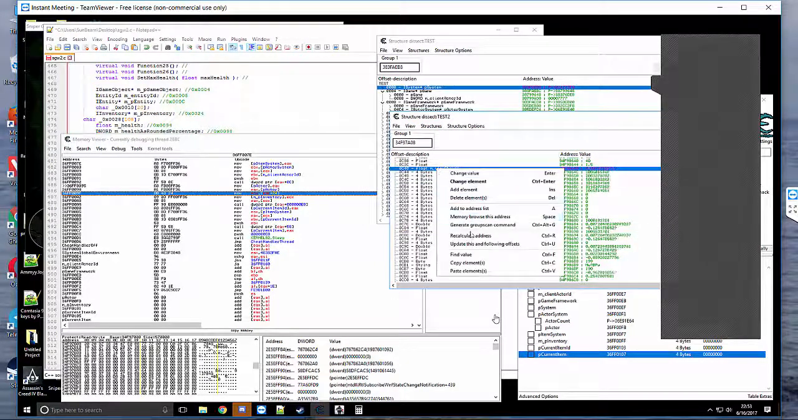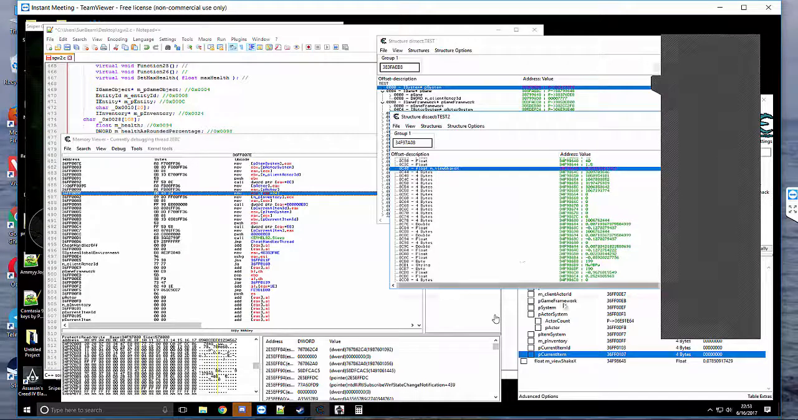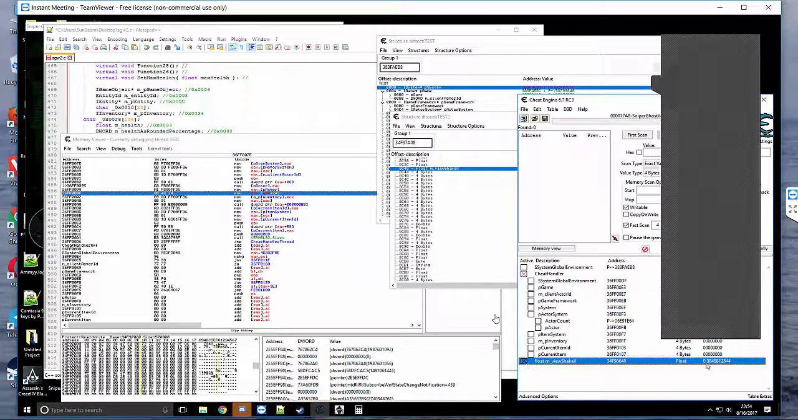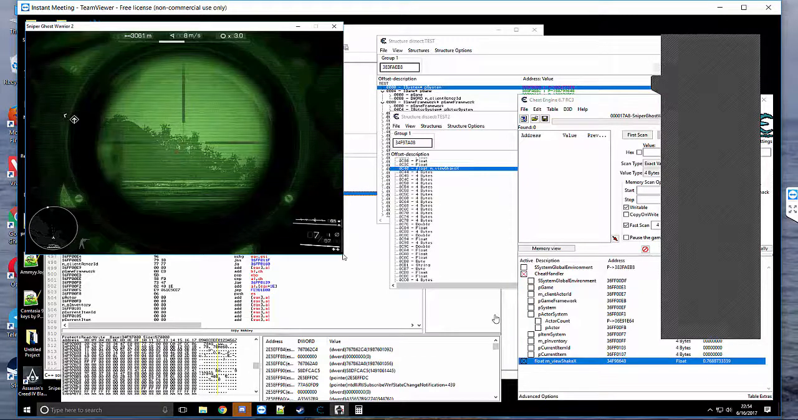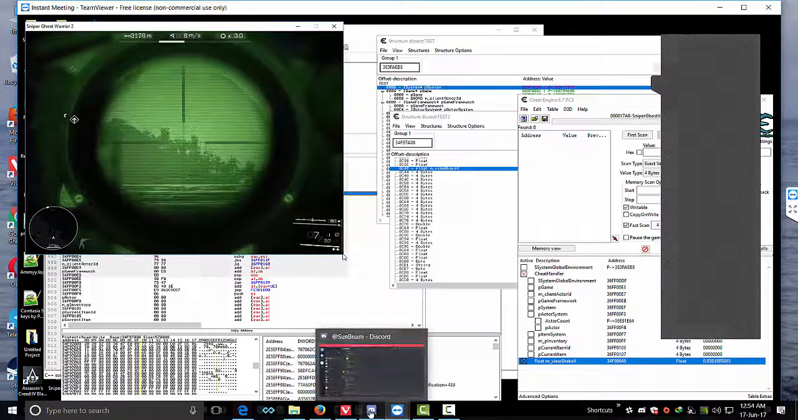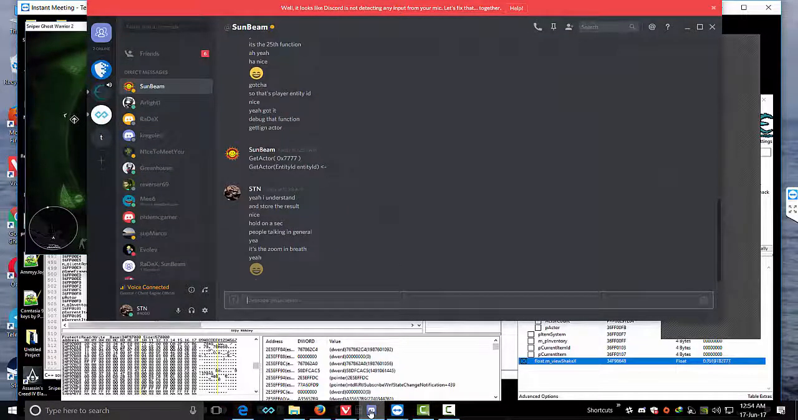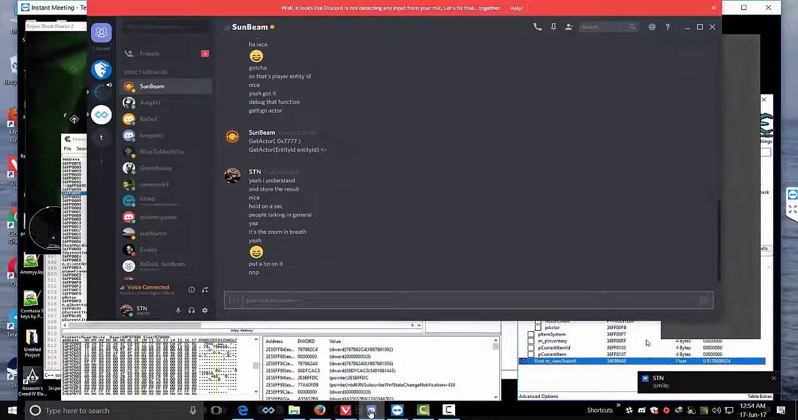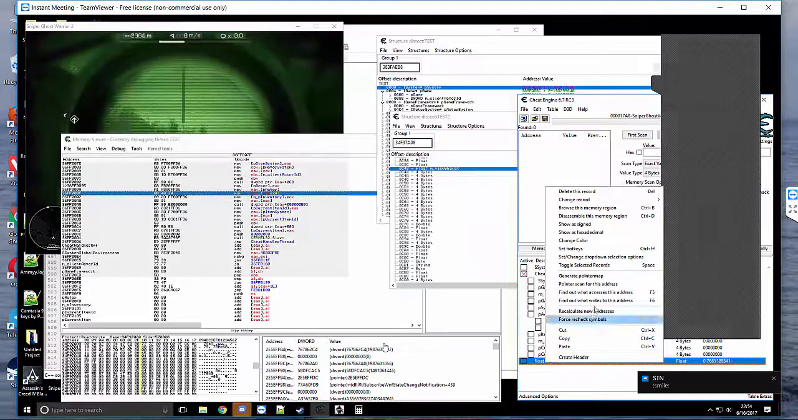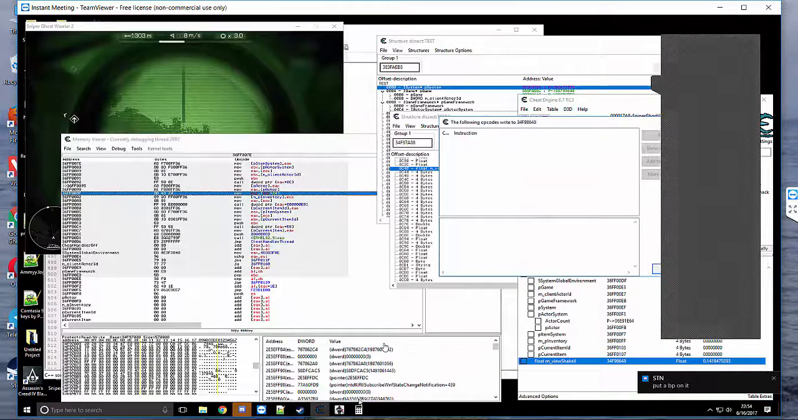Okay, so now if I add this to the list, problem is if I just freeze it and set it to 0, nothing will happen because it's constantly being written to. But you will see that the scope now tries to get close to the center of the screen. It doesn't deviate that much. So if I do something like, find out what writes to it, then